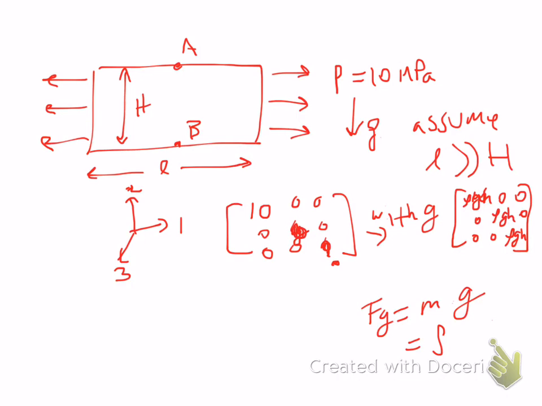I would say that we may not know what's happening in this third dimension, so we have to be careful about putting zeros in here. But we do know what's happening in the one direction and the two direction. So I think it's right that there are zeros here. I just want to emphasize that you have to acknowledge what your assumption is there, that there's nothing providing a shear in this system in the one and two directions, but the third direction we don't have enough information to assume that.